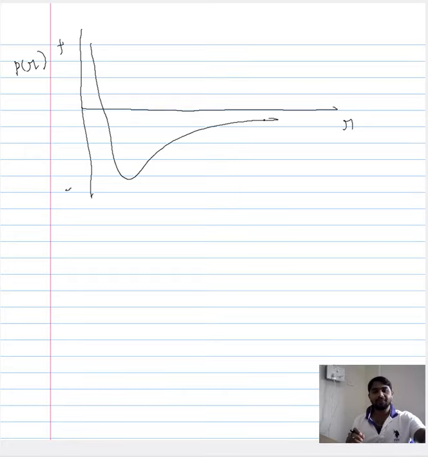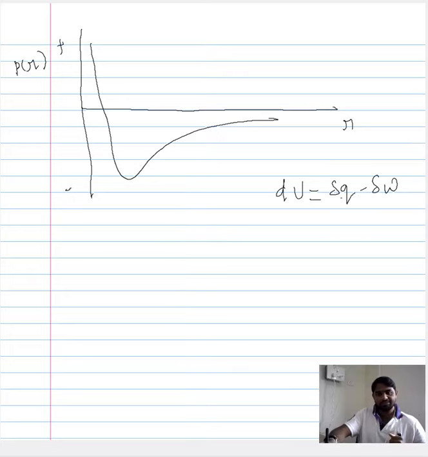Now, how to define force in relation to the interaction potential is one of the questions that need to be answered. How can one relate force to the interaction potential? For that, let's go back to our thermodynamics and borrow some concepts from there. We have seen that a small change in the internal energy of the system is nothing but the heat fed into the system and the work done by the system.